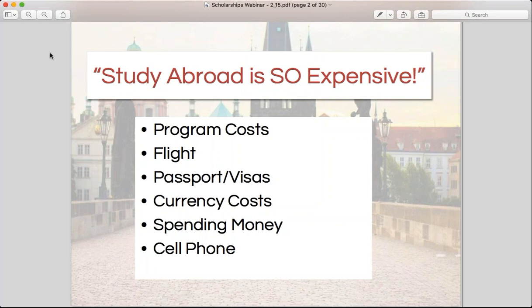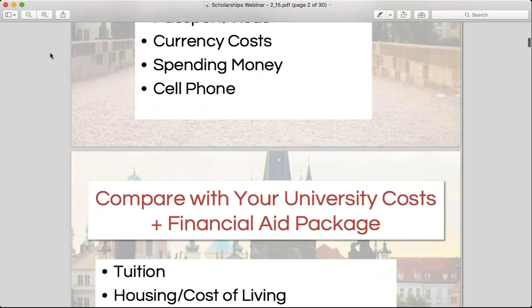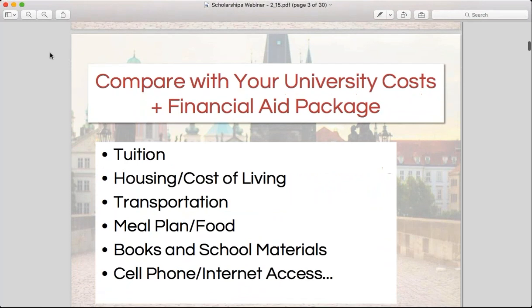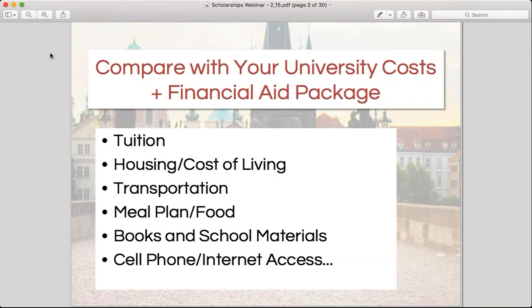So if we think about all of these, the program costs, the flights, passports and visas, the exchange rate for a US dollar to local currency, having spending money on a cell phone, of course, all of those things are going to cost us money, right? But we don't want you to think, these are expenses that you might not even incur if you were to stay at home at your own institution, right? And what I mean by that is, let's think about how much it is to be a student at